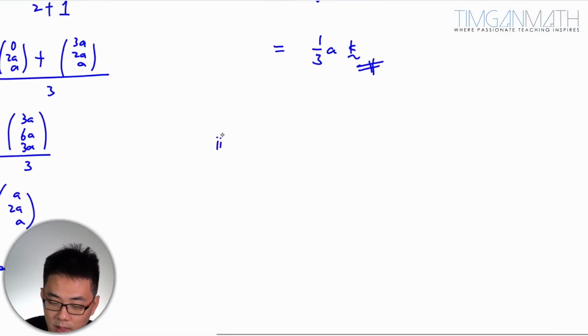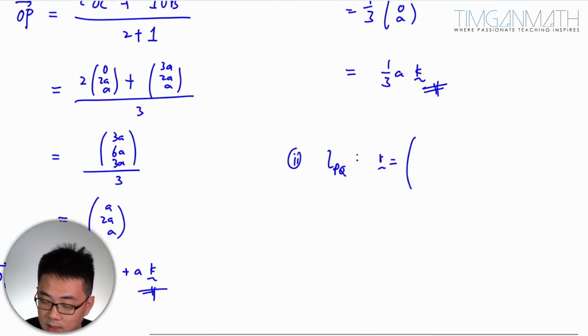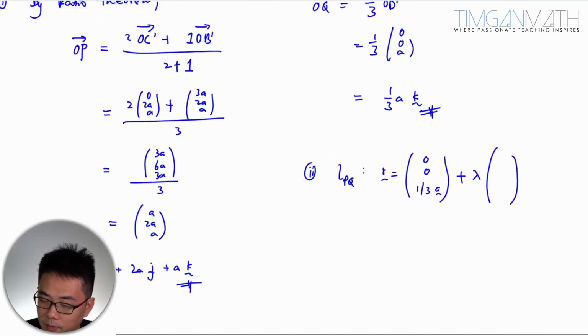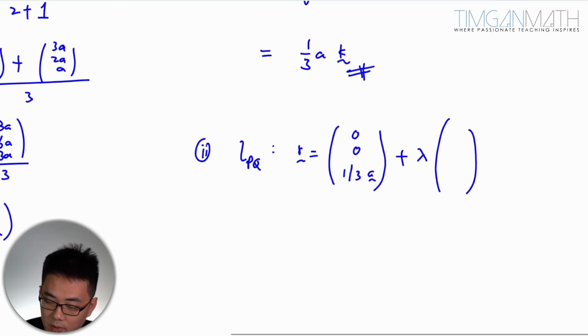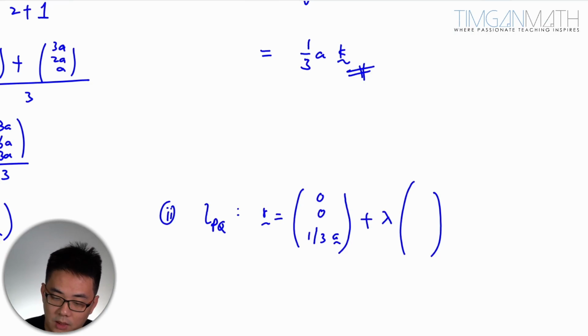Very quickly we can just write down the line PQ is actually just r. Then you can just use either OP or OQ, it doesn't matter. So I'm just going to use OQ maybe. So 0, 0, then this is 1/3 A, 1/3 A. Okay, plus lambda PQ. Okay, PQ, I'm going to just find PQ. This is a direction vector. So a direction